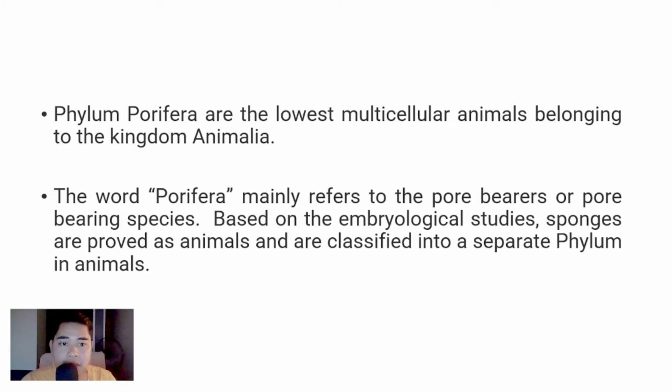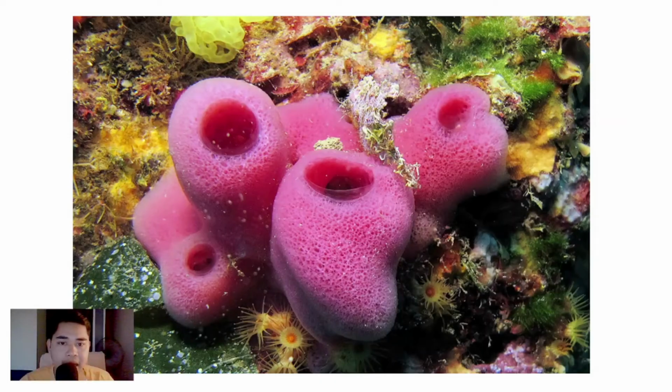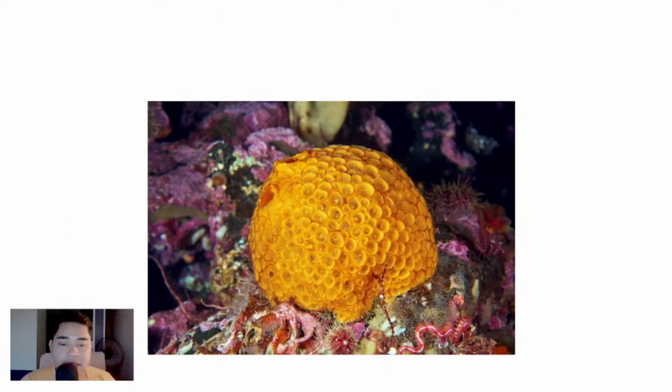When we talk about sponges, I think you have an idea already, like those that we use for washing our dishes, right? They are sponges. Basically, it looks like that, but most of these sponges could be found on the ocean floor or in the sea. They are attached on the seabed. So it looks like a sponge, as you can see, right? And here's another example of that.